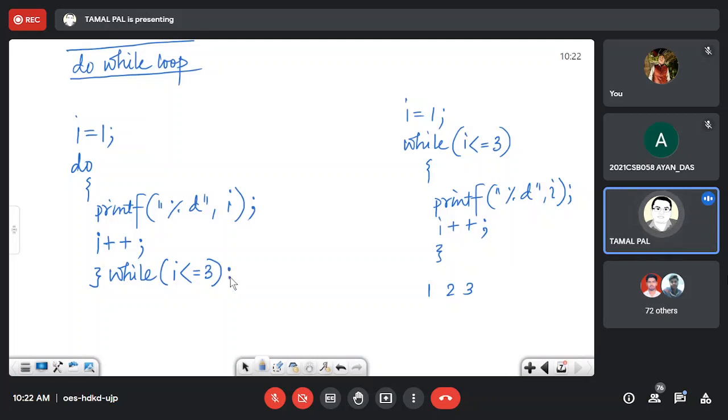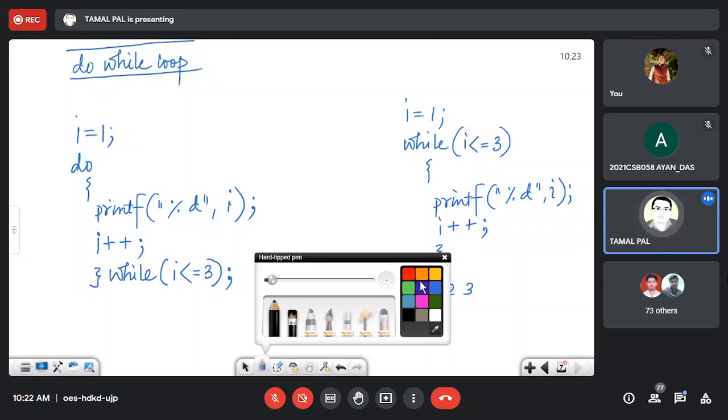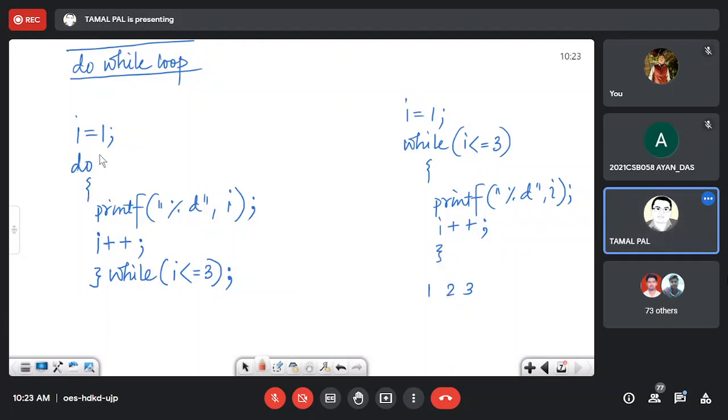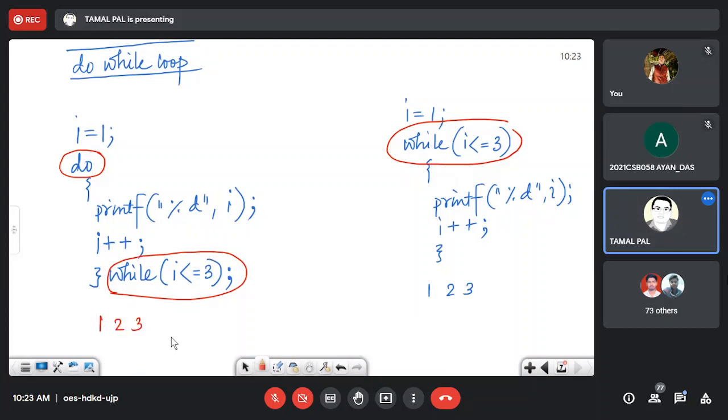But never forget to put a semicolon here, okay? The same thing, just I am matching. This is the difference. And here is the difference. This is the syntactical difference between while loop and do while loop.